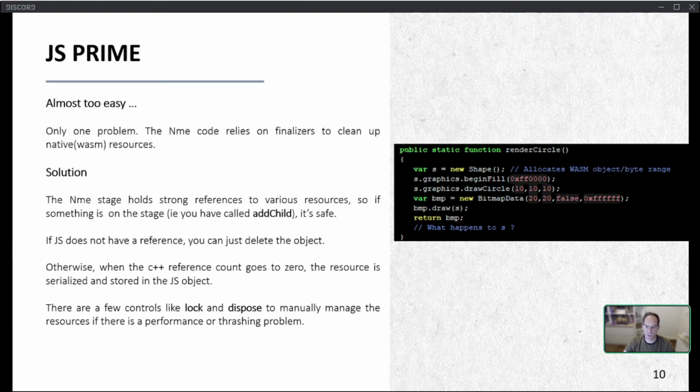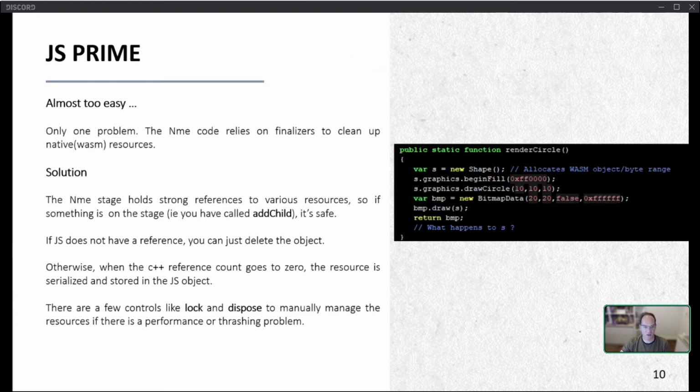Now, if the object truly does not get used anymore and gets garbage collected, then that's fine too, because the bytes are stored in JavaScript and they just disappear and get cleaned up. So it works out fine whether or not the JavaScript object stays or goes, it still all works.